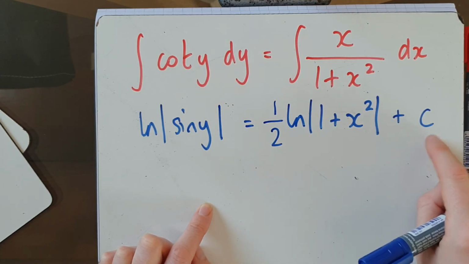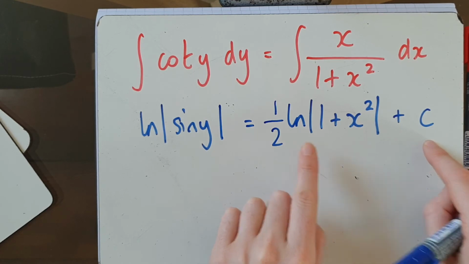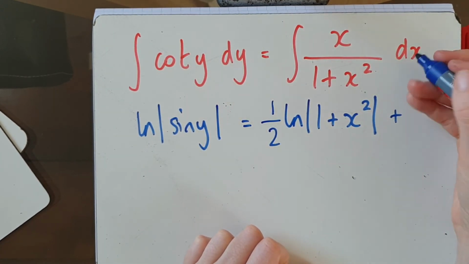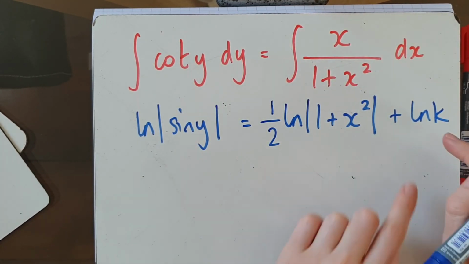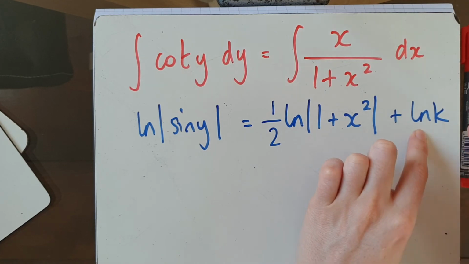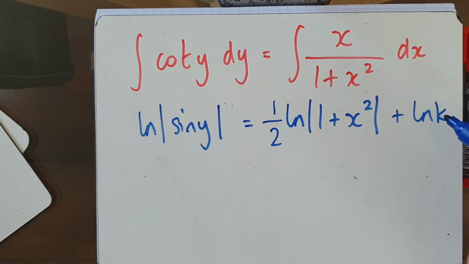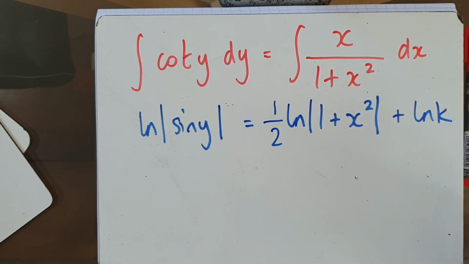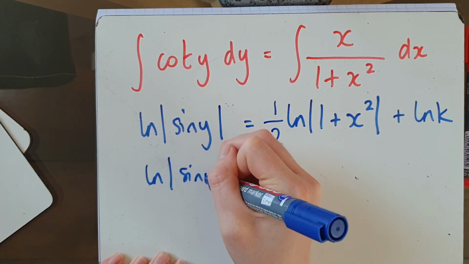If this was a log of some sort, we'd be able to combine them using the log laws. It's a constant, which means we can call it log of some other constant. So this is still just a constant. Log of a constant will just give me another constant. So I've relabeled c to be log k. It doesn't really change anything except I can now combine it with this. So I've got log of sine y